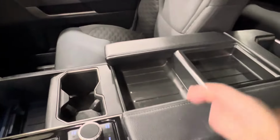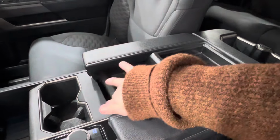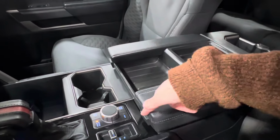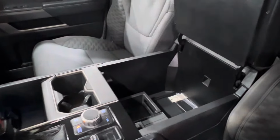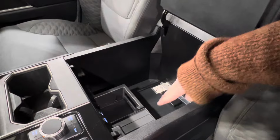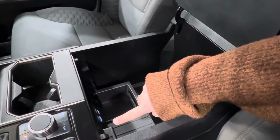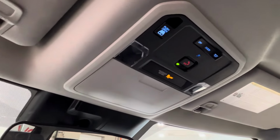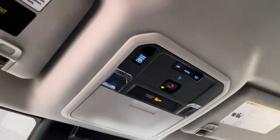In the back is the console, 2 different layers of trays. The front one can be slid open to get quick and easy access inside of here. You can also open it from either side, just press the button in and lift upwards. You have interior lights stemming from the back, all sorts of different storage arrangements, and you have your chargers in here as well. Now looking up overhead is where you have your sunglasses compartment, SOS button, overhead lighting controls, and